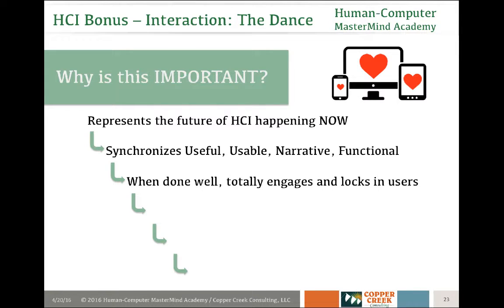Now again, I'm a strong believer in doing the right thing for your users, your business, your team, and ultimately yourself. In addition to all the obvious business benefits of mastering this new realm of emotional design and the dance, there's also a desire, as I have, as I suspect you have, to simply do the right thing for your audience, to deliver quality, to be relevant and useful. Everything that I do in the academy and the HCI systems that I teach is all about fulfilling that promise. That's really what this is about.